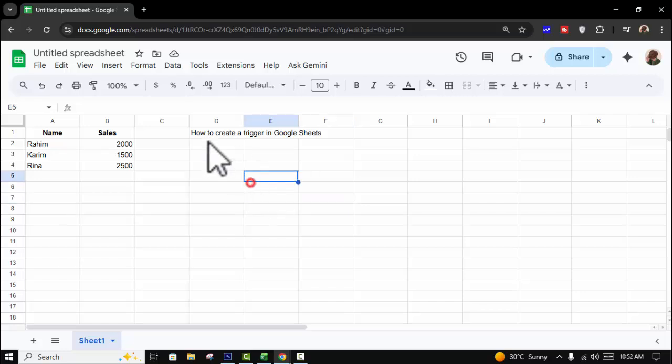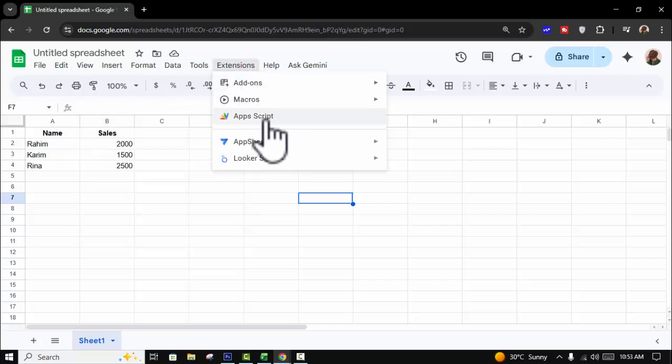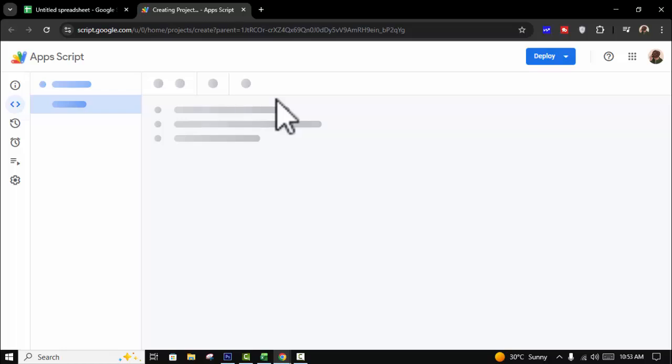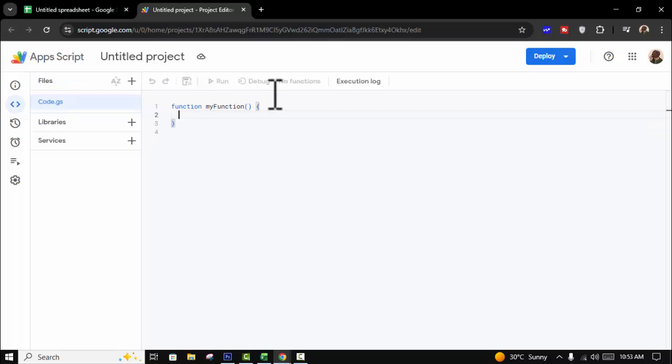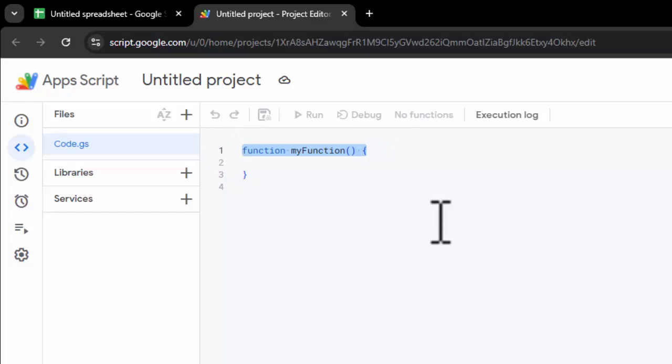Let's begin. First of all, open your Google spreadsheet. Then type your file name, or I have already opened this document. Go to Extensions. See this Apps Script. Click here. You will see this account notification. Simply select your account, then click OK and remove this function